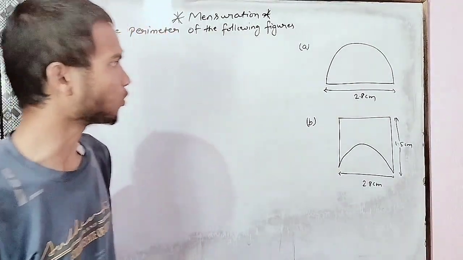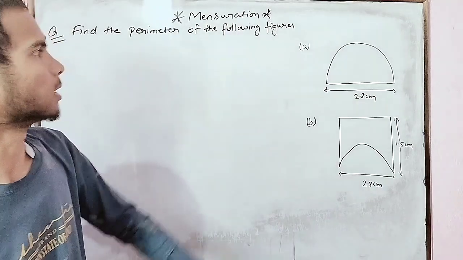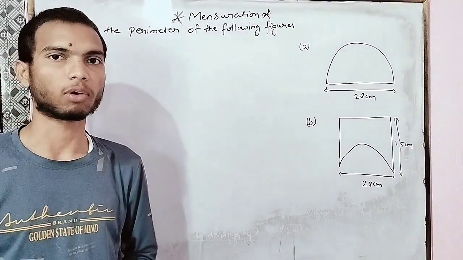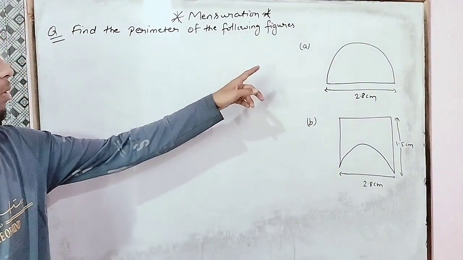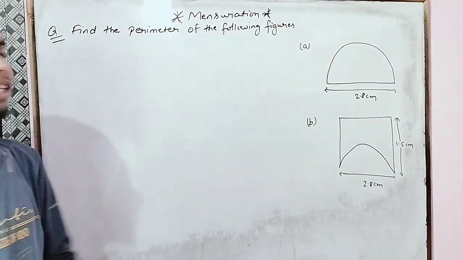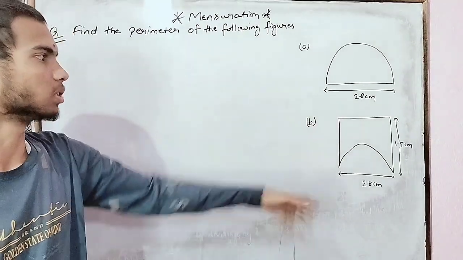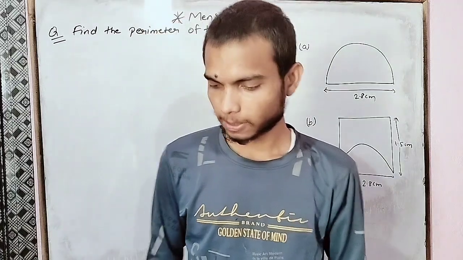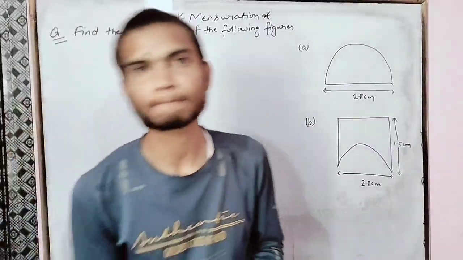Here you can see we have two figures. Here we have two questions. The first question says: find the perimeter of the following figures. So we need to find the perimeter of this figure and the perimeter of this figure. Now the question comes: what is the meaning of perimeter? Perimeter, it says that